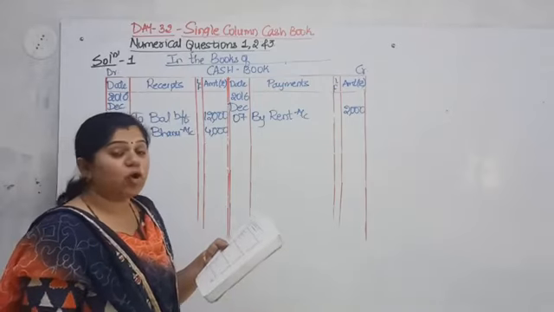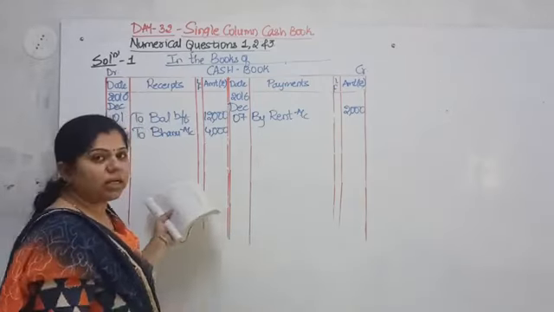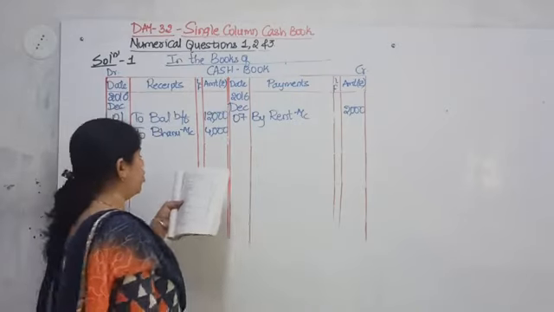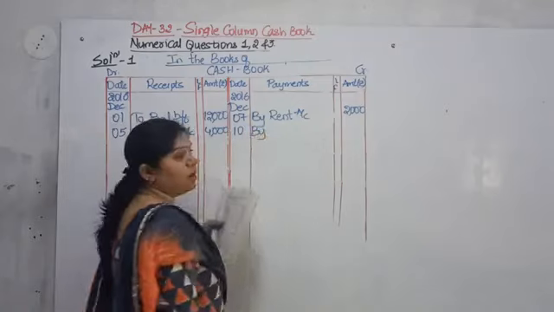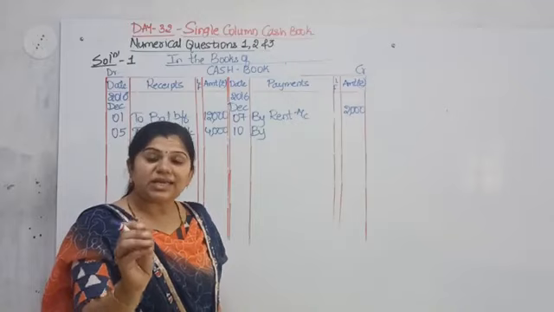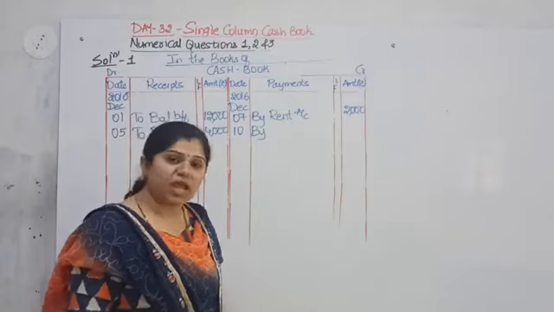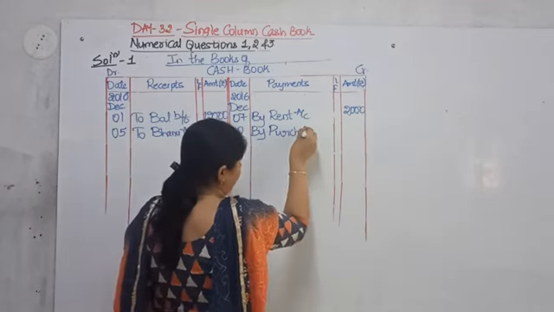Purchase goods from Murari for cash. So if you are making purchases, will money come or will it go? Of course it will go. So write down the date 10 by. Should I write the name of Murari? No. Why? It's a cash transaction. And what we have purchased, we need to write down that. We have purchased goods and therefore purchases account.